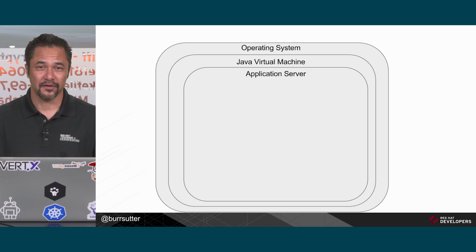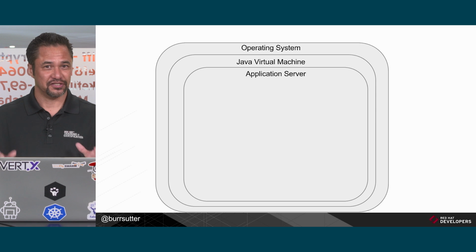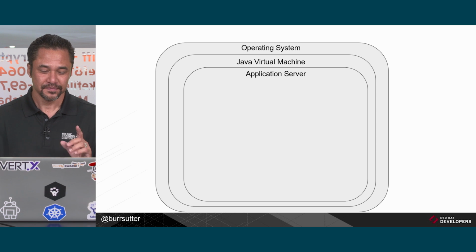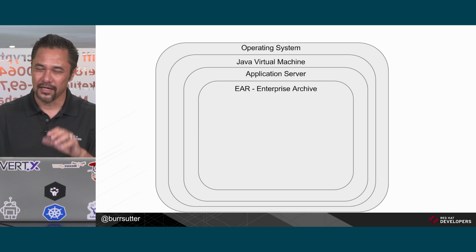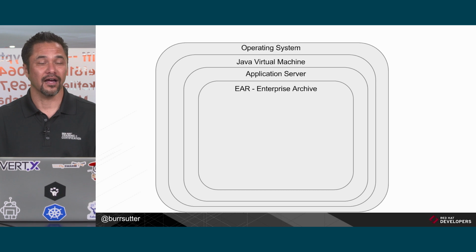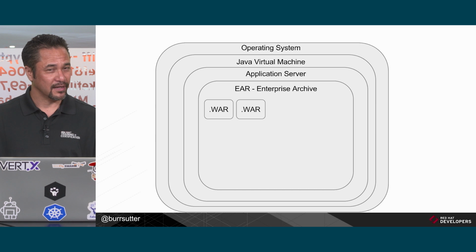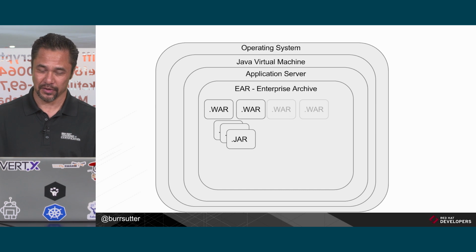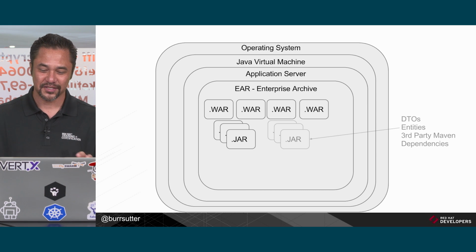We've had many of those throughout the years, and now it seems like there's essentially 3 big ones left in the universe. But I would package my application into an ear, right? The enterprise archive is one of the things we would use on a regular basis. And in my ear, I would pack in a war or 2 or more, and I'd pack some jars in there too. And some of the jars in the war and some of the jars in the ear, and of course, all that gets put into this